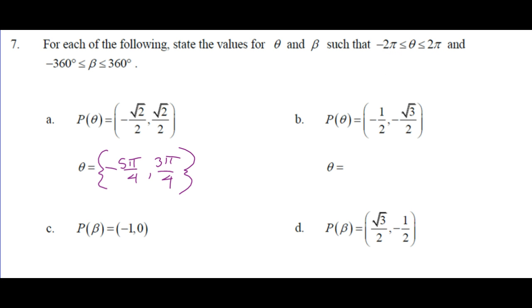Negative a half, negative root 3 over 2. Which quadrant if it's negative? Think quadrant 3. Okay, so I need the quadrant 3 angle. So which angle has a half and root 3 over 2? So I just look over here and say, okay, it's pi over 3. That's my reference angle, pi over 3, but we're going to be down in quadrant 3. So what's my angle? 4 pi over 3. Now let's throw that down second,